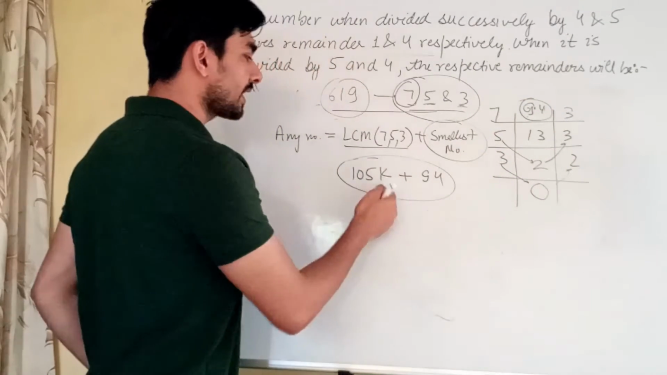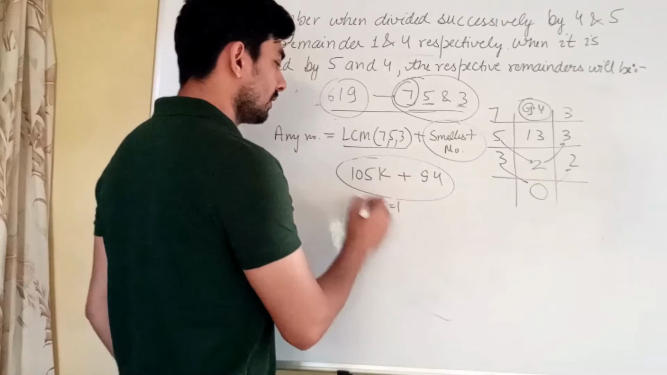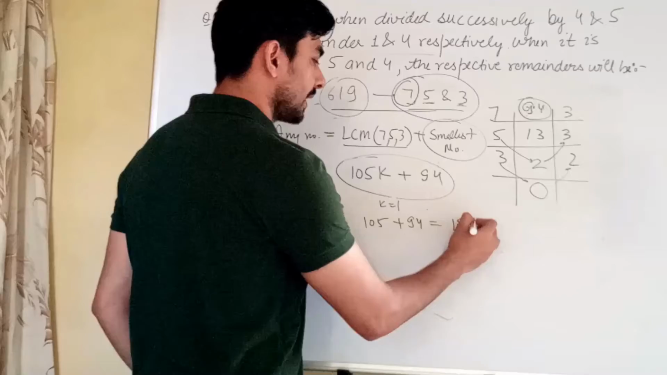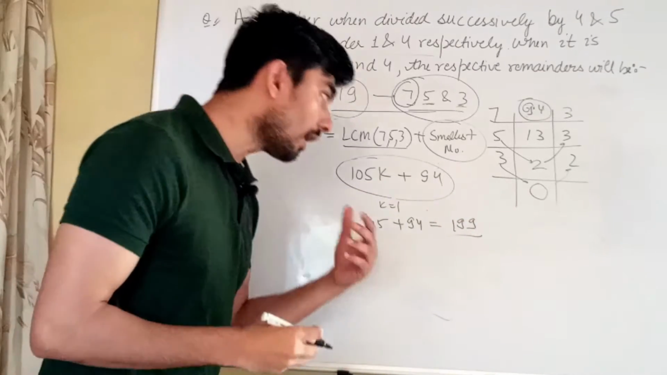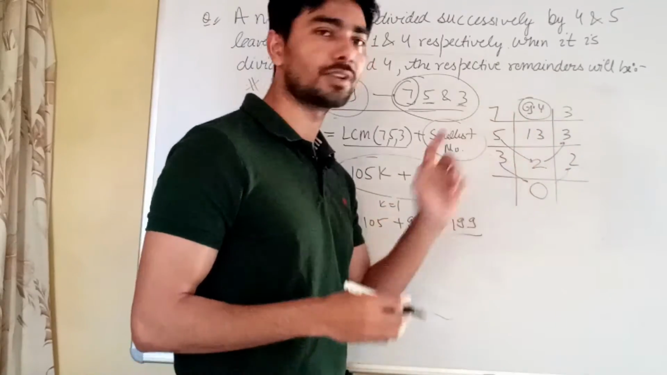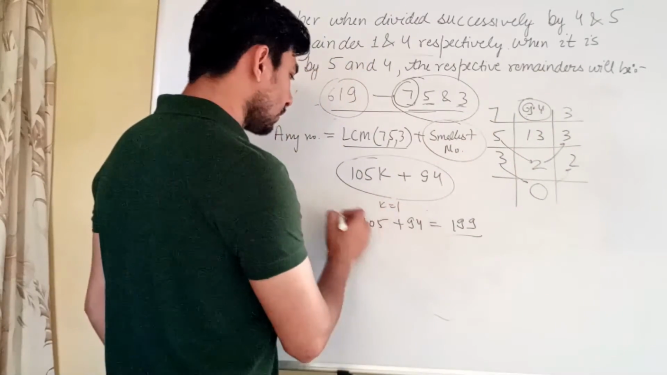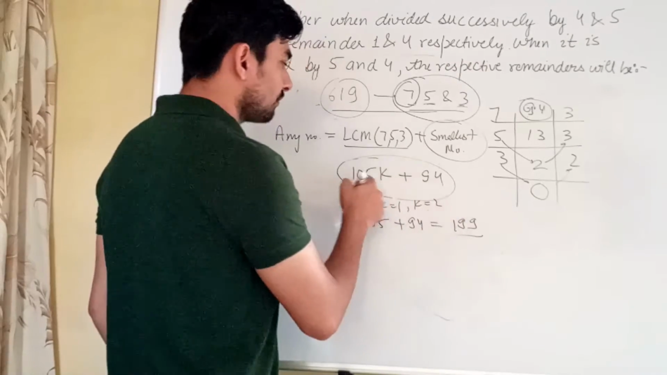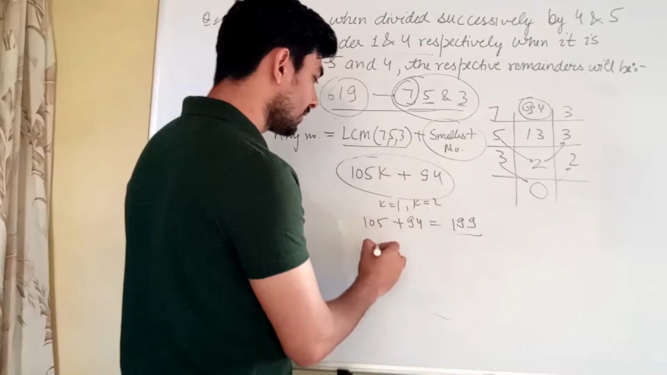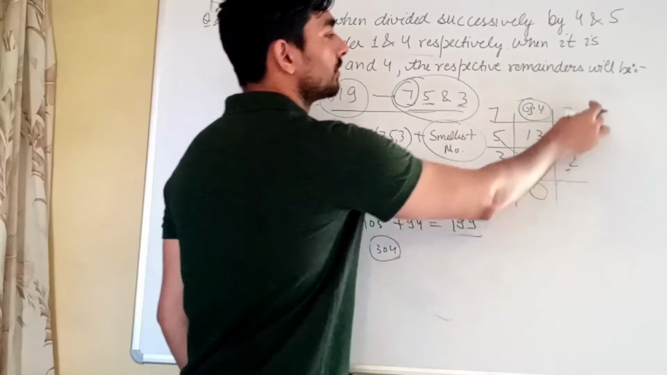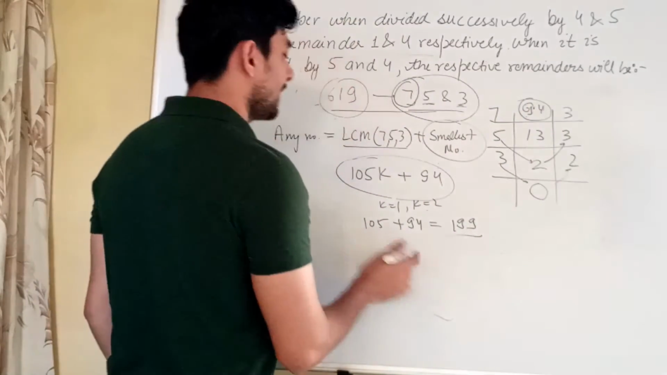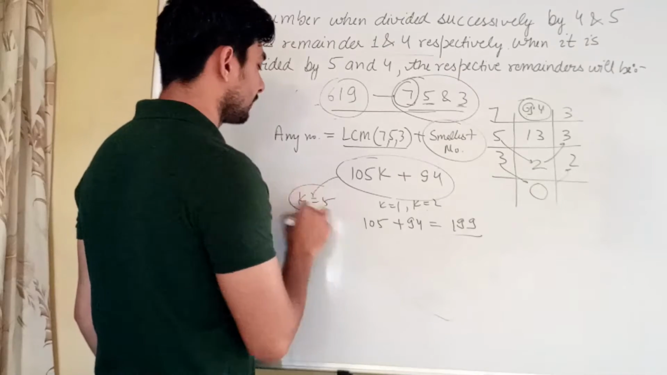But if I put k equal to 1, then 105 plus 94 is 199. 199 is another number which will give the same successive remainders after dividing successively by 7, 5 and 3. If I take k equal to 2, then 105 into 2 is 210, and 210 plus 94 is 304, and 304 is the same kind of number which will give 3, 3, 2 as successive remainders after dividing by 7, 5 and 3 successively. In the same manner, if we take k equal to 5,